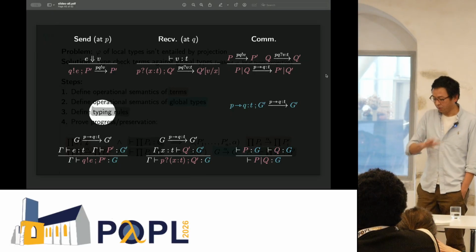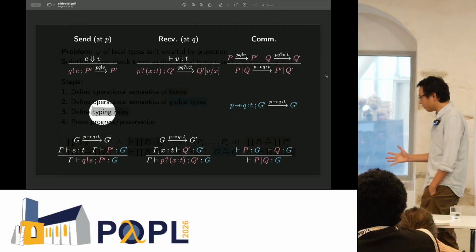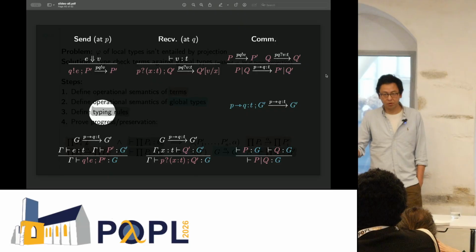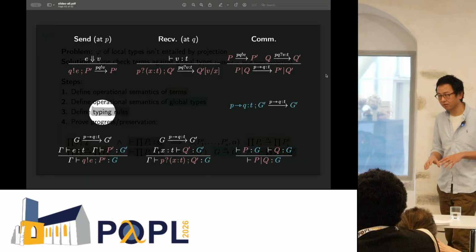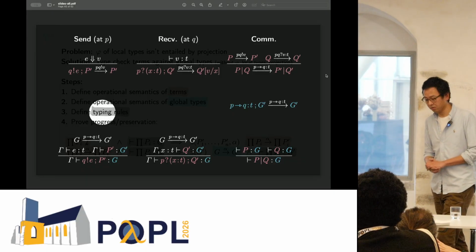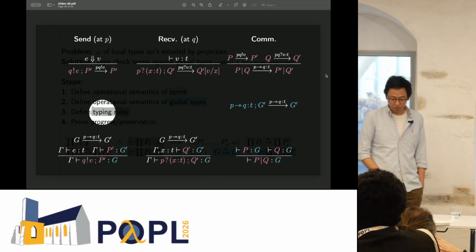Okay? And if this is all the case, then we can conclude that this output process is well typed by G. Now we have a similar rule for receives, and then if we want to type the parallel composition of an output process and an input process, we just type those processes individually, and then we can immediately conclude the typability of the parallel composition, right? So this is the compositionality that we were actually looking for.